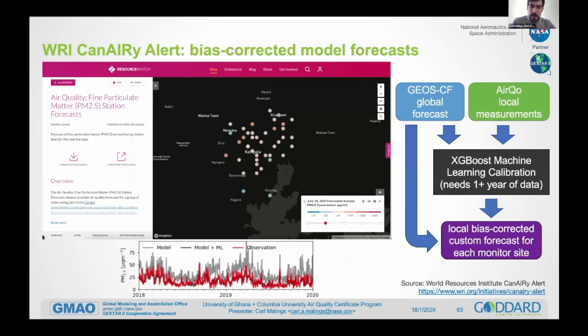One approach, which is being implemented by the World Resources Institute with their Canary Alert system, is to combine the model and the ground-based data. So in this case, they're using the forecasts from the GOCF system, which I just talked about, and they're combining that with local data from their specific partner locations. In this particular example, it was the AirQuo low-cost sensor network in Kampala, Uganda. And based on historical data records, comparing the estimates of the model in the past to those past measurements at